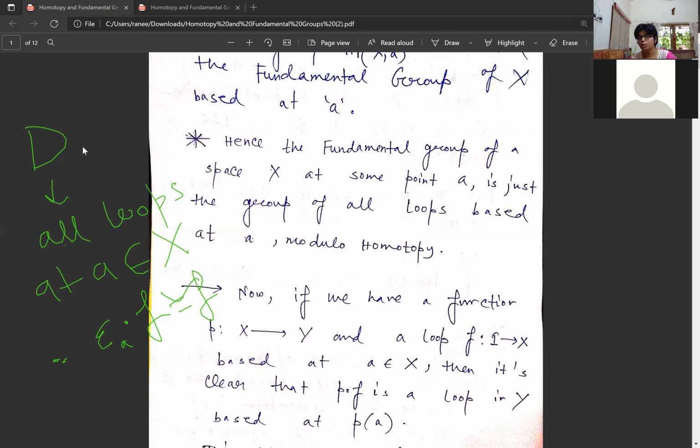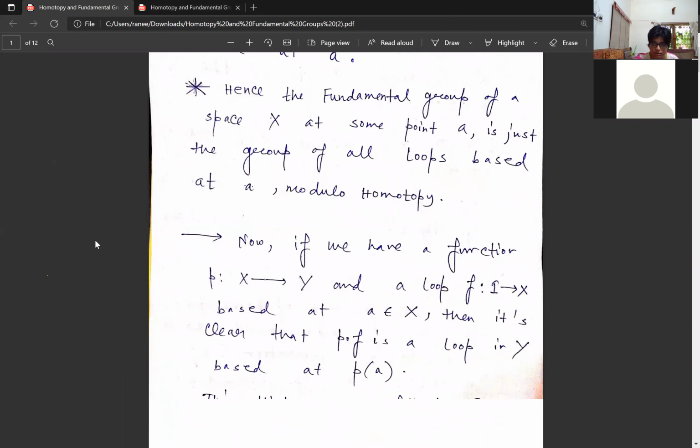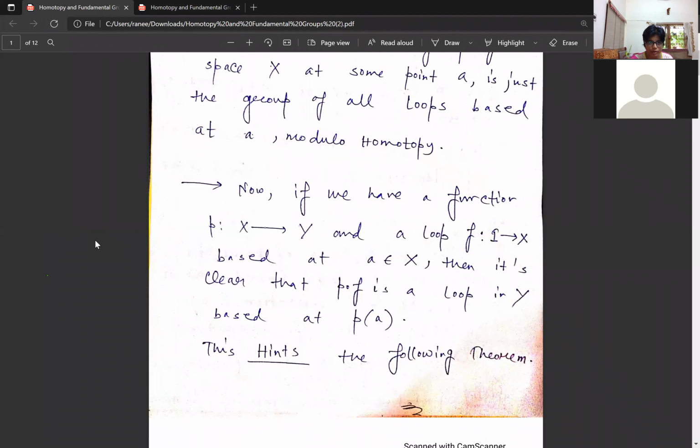and hence this is not a good thing to do. Otherwise it would have been so easy just to take a collection of all loops. But that was not the case, because you need to take them modulo some homotopy, considering these two as the same element under that class. Okay, so this is the fundamental group we have arrived at today.